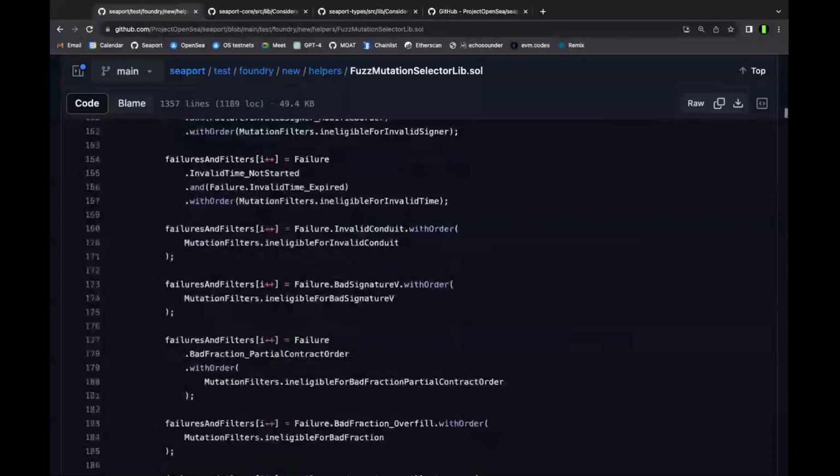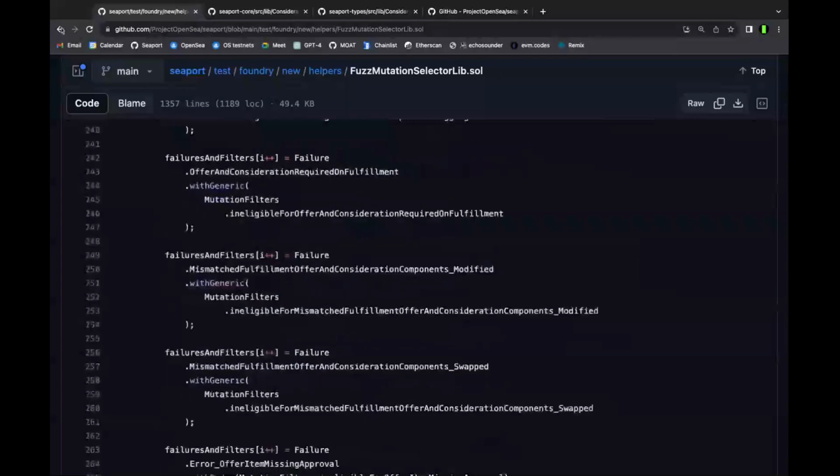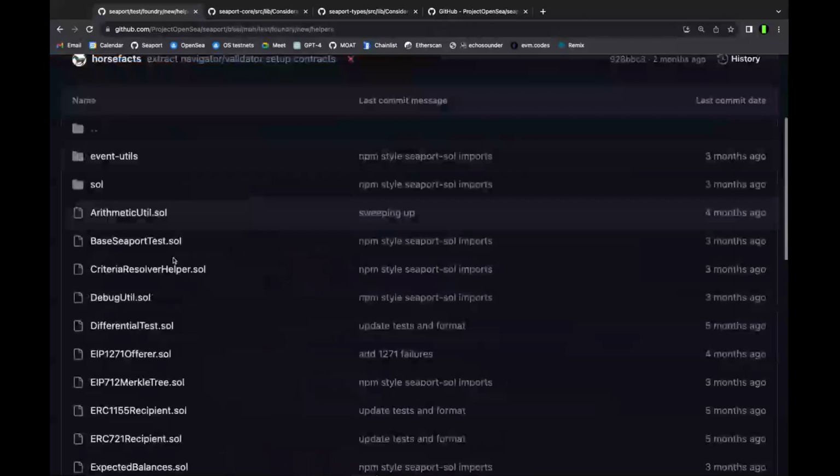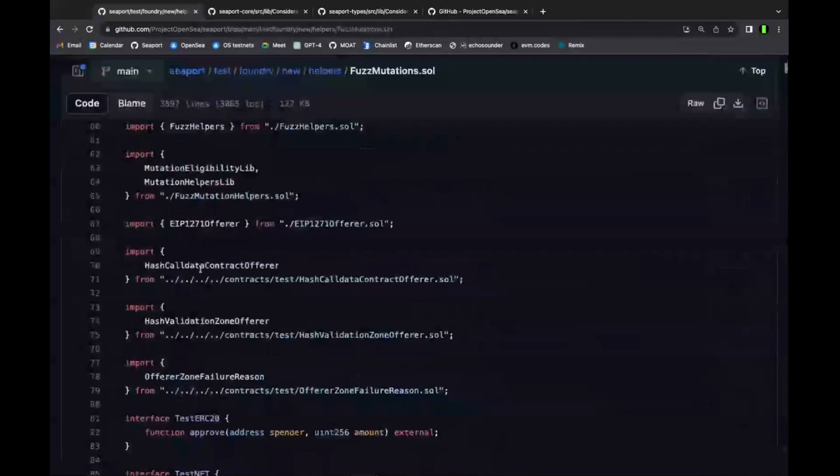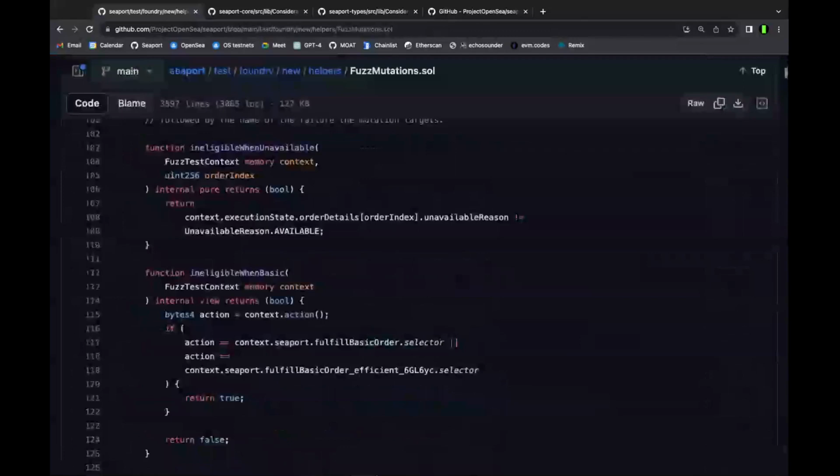So it goes through and just decides on whether or not it can choose a given failure, and then performs the mutation for that failure once it's been selected. And one other thing I'll mention here, if you're poking around, and I do feel like it's been a really useful exercise and informative journey to go through this